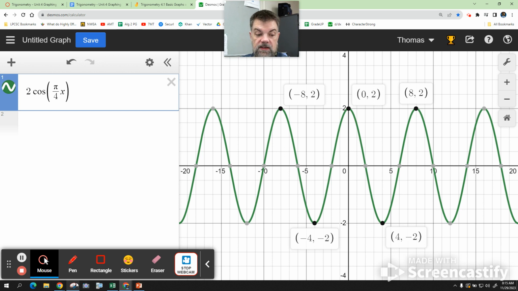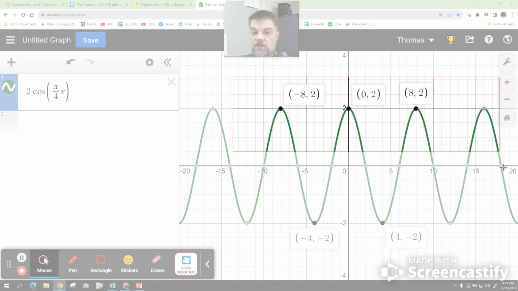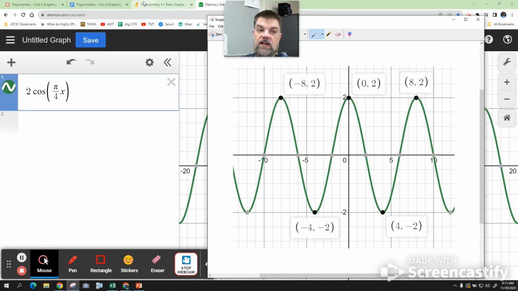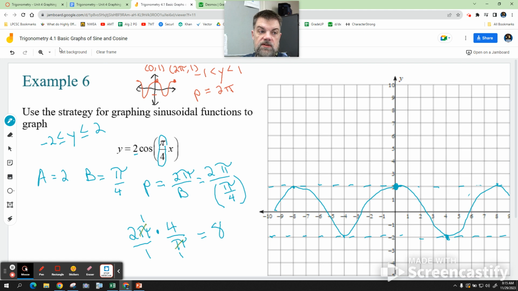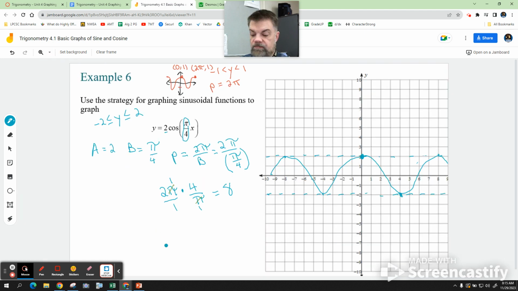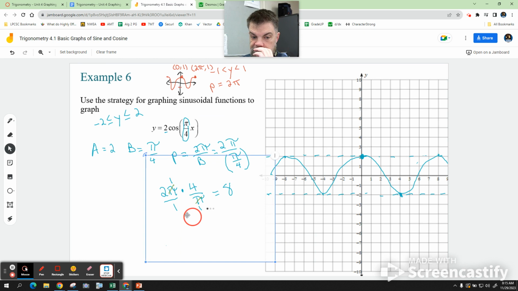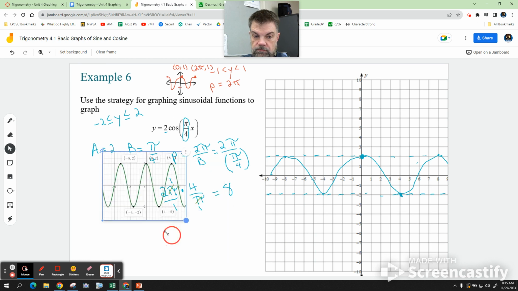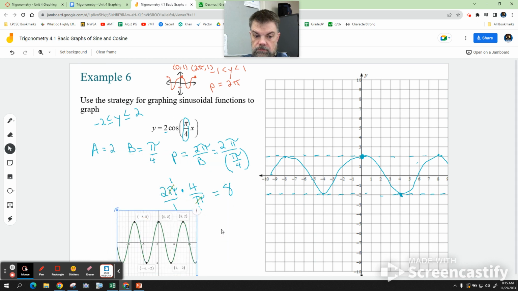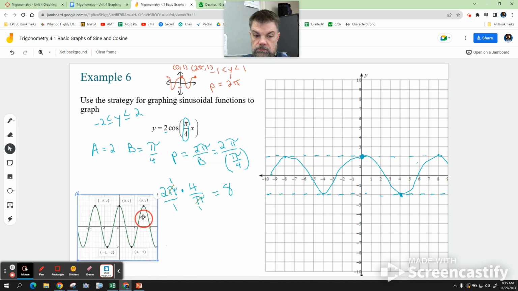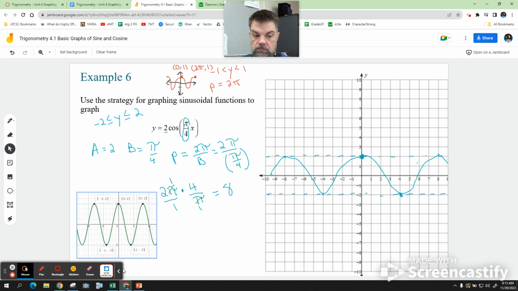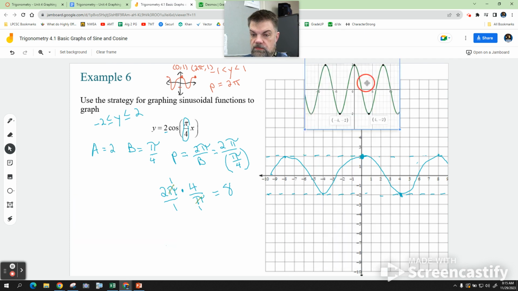Let's go ahead and take a picture of that. Now you might make a mistake when you do your homework. That's okay. That's why you double check it in the calculator. So let me zoom this out. Actually, I'm just going to put it right here so you can